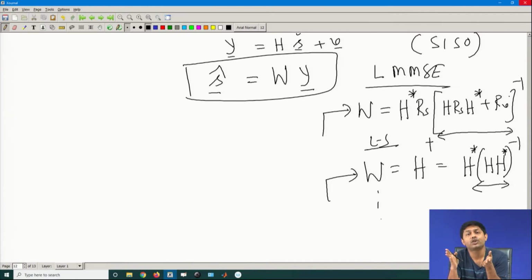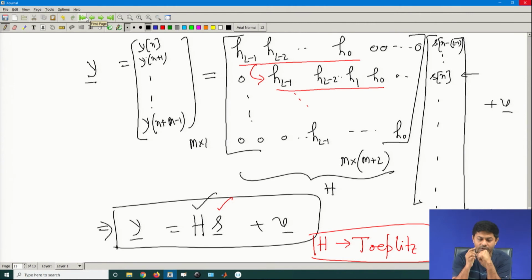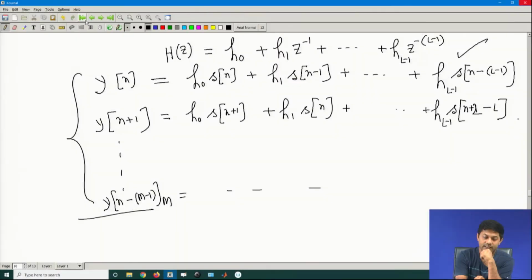But even in this SISO case, I am observing, and if I start making more and more observations, why do I need to make more and more observations? I think that should be the first answer. Why is it not okay to just have one observation and detect my signal? If you notice, go back here, if I just make one observation and try to extract my data, which one will I extract? Just take this,